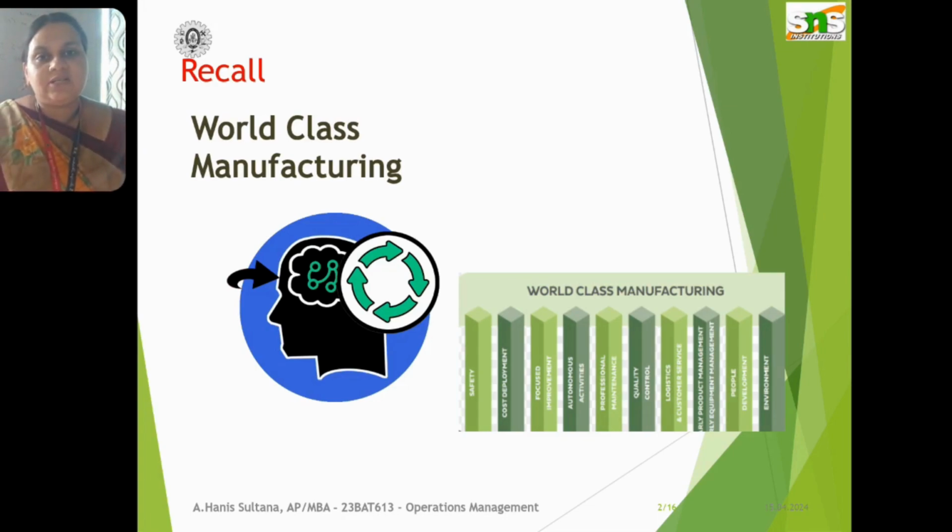We discussed this topic with the relevant case study and example, that is how Toyota cars set up world class manufacturing techniques, and we also quoted various examples on Kaizen technology. I also gave an assignment on Kaizen in different companies, like McDonald's and other types of companies, and based on that you have to summarize the Kaizen technology. So by this we have understood the first unit and the basics of operations management.